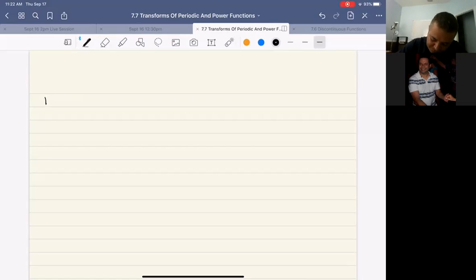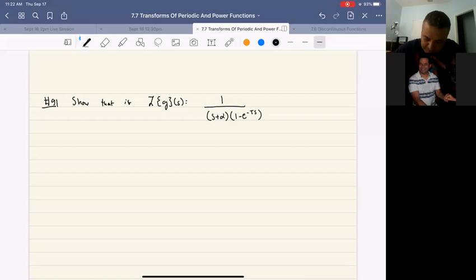So number 9, it says, show that if the Laplace transform of G of S equals 1 over S plus alpha times 1 minus e to the negative ts, where t is bigger than 0, then g of t equals e to the negative alpha t plus e to the negative alpha t minus t, this is u of t minus t,